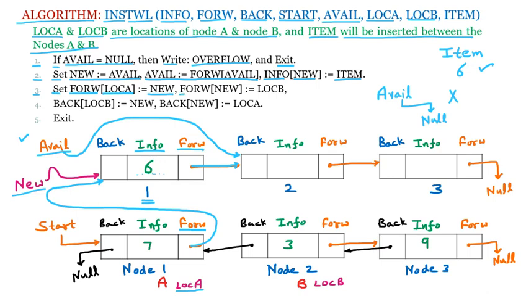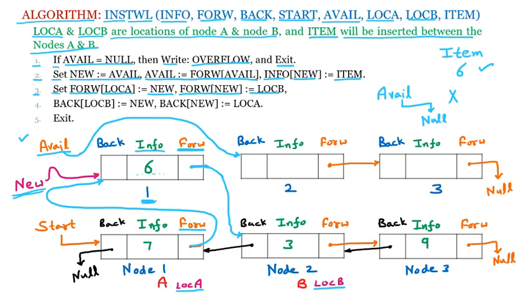Afterward we are saying forward of new is equal to loc B. So new forward part. Now see, this one is the new. New is pointing to the node 1 and node 1 forward part, that means we are talking about this particular pointer, and that is equal to location B. Where is location B? Location B is here. So this is now attached with the location B. That is very important, that this is modified, and now you can see that the forward pointers are successfully attached.